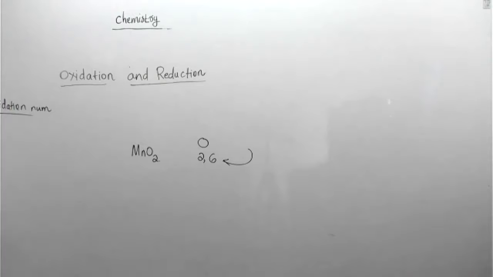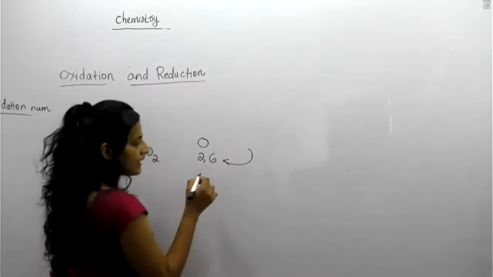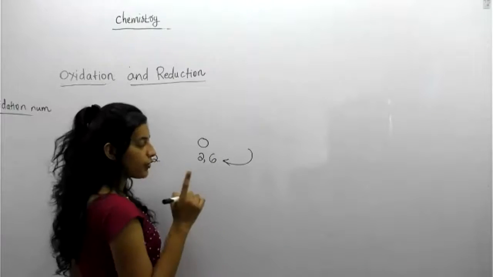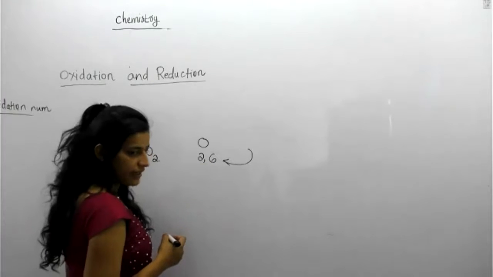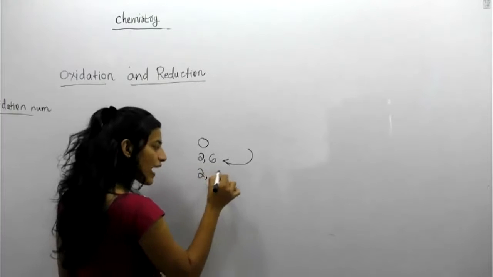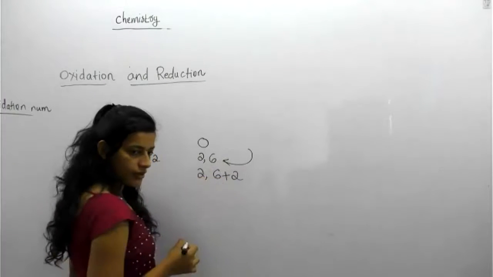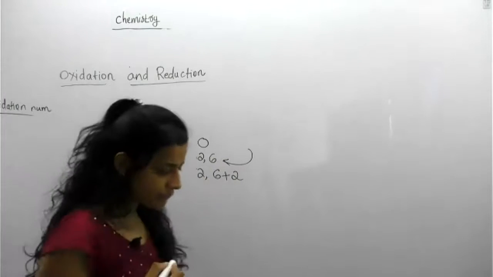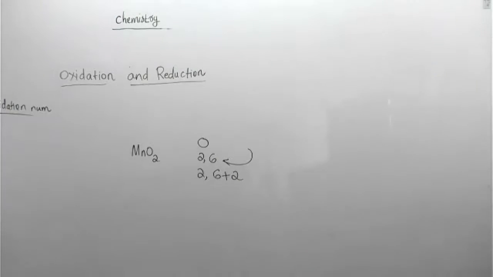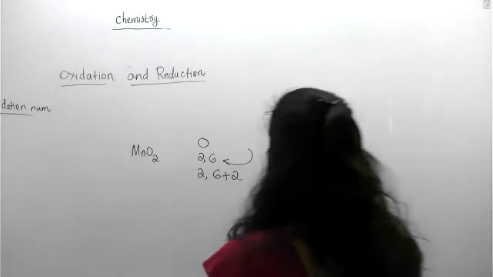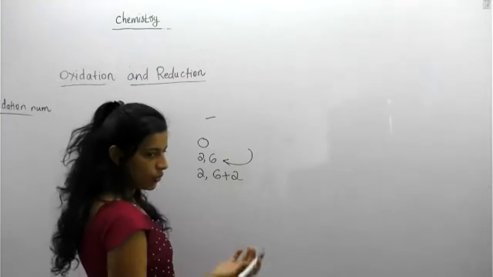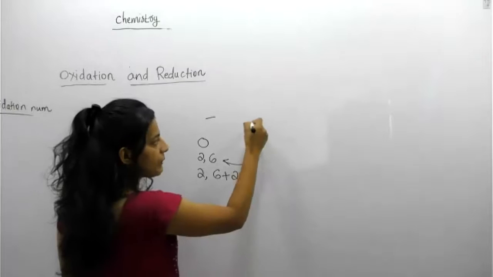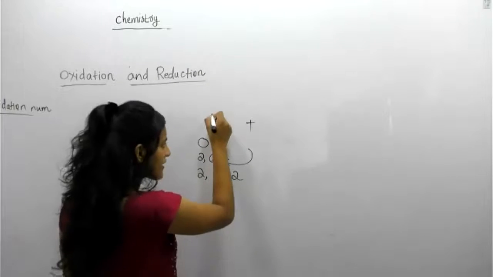You are right, it accepts. Because, according to your concept, if it were to remove electrons, how would it be possible for the octet? It's very difficult, so it's not possible. If it is ready to accept electrons, it will accept 2 electrons. Any element that is ready to accept electrons has a negative oxidation number. Anything ready to remove electrons is positively charged. Anything ready to accept is negatively charged.